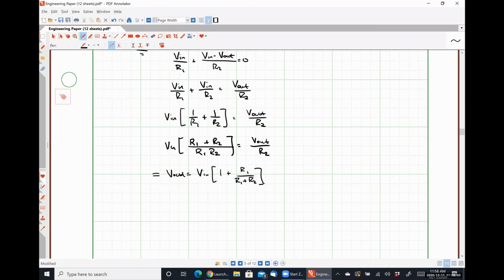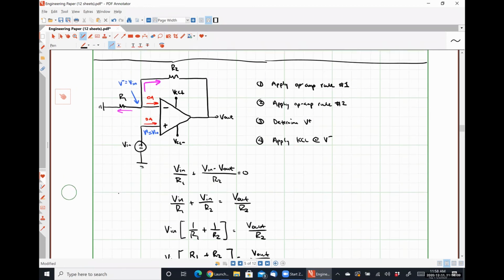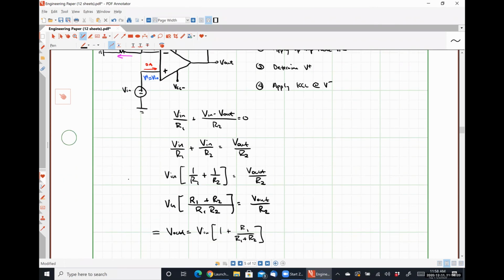All right. So this is our input-output relationship for any circuit that looks like this. So for example, in the problem that we just worked, where Vn was 2 volts, R2 was 10, R1 was 5 kiloohms, we should get 2 times 1 plus